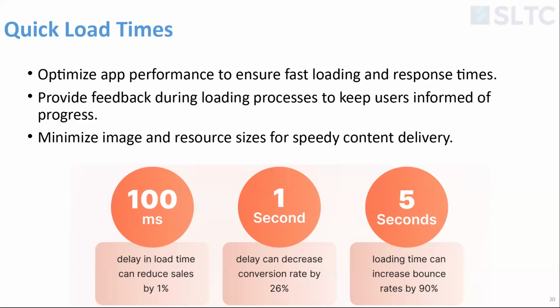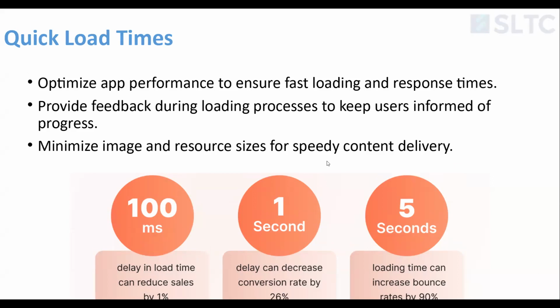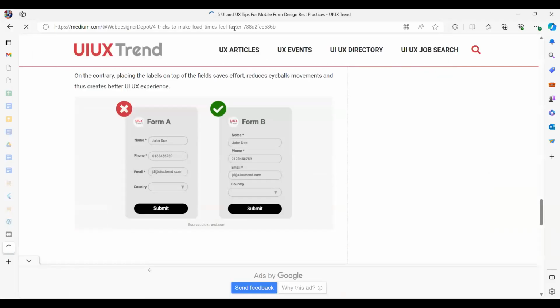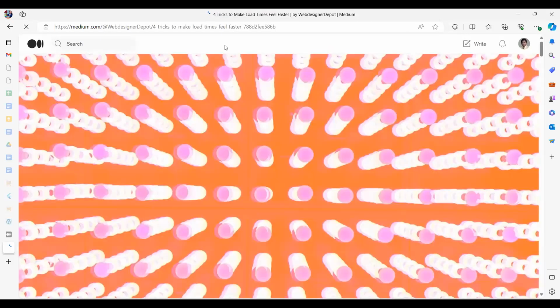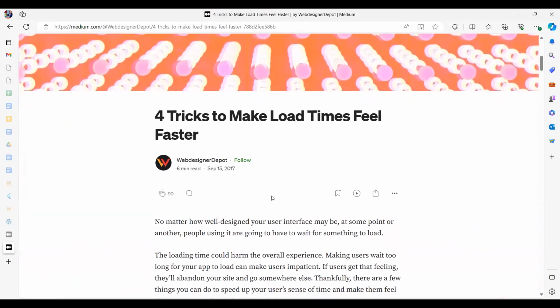So this is all about loading and showing the user something is going on. It's not actually keeping the application ready. Some people mistake this and think we are talking about actual loading. No, there is something called actual loading speed versus seeing that it's getting loaded. So you feel like you're fast. You're not actually fast, but you feel like you're fast. That also can be done, right?